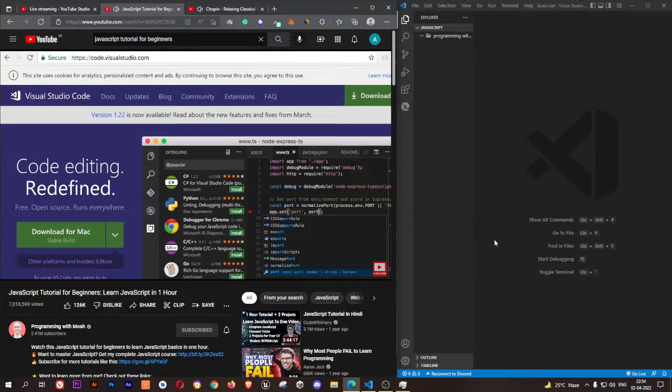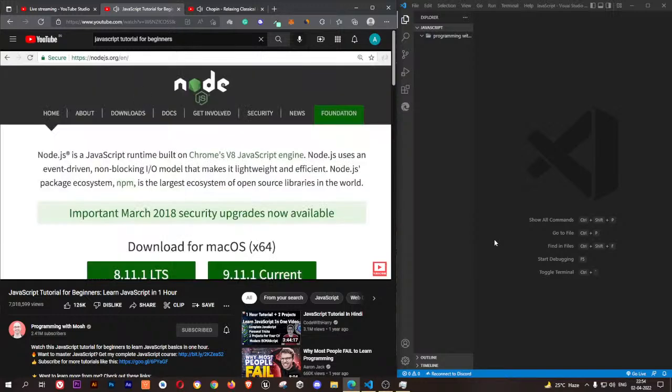The other thing I want you to install is Node. You can download Node from nodejs.org. Now, technically, you don't necessarily need Node to execute JavaScript, because as I explained before, you can execute JavaScript code